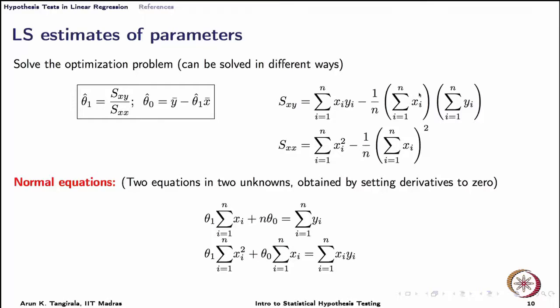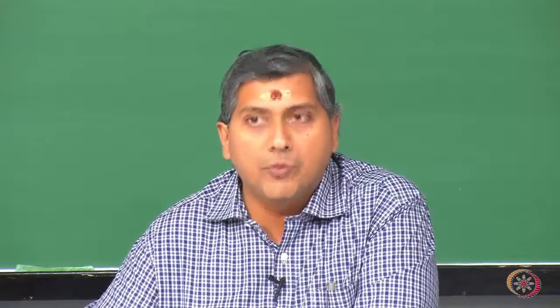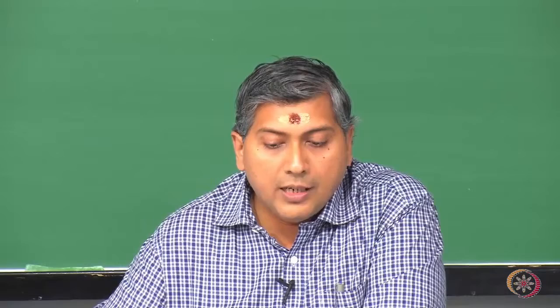or you can say sigma x I is n times x bar and sigma y I is n times y bar. So, you can write Sxy as the sum of the products minus n times x bar times y bar, you can write that way. And you can see that Sxx is nothing but Sxy, but with y replaced with x, that is all it is.